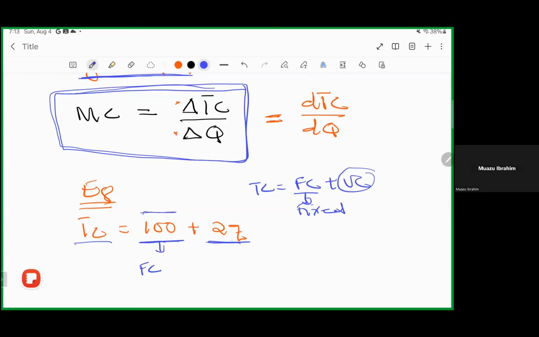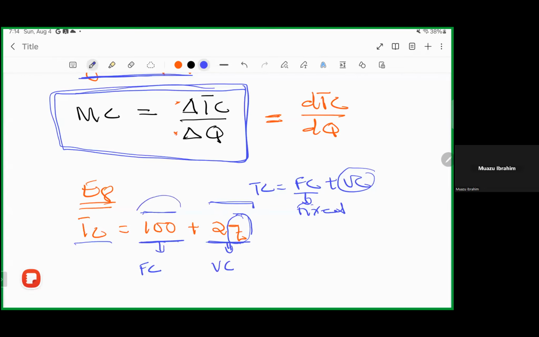Is the 2Q. And the 2Q, you realize that we have Q attached to the 2. Because the Q is attached to the 2, it makes this particular component the variable component, which means that the cost on this aspect is called the variable cost. Are we together? It's called the variable cost.